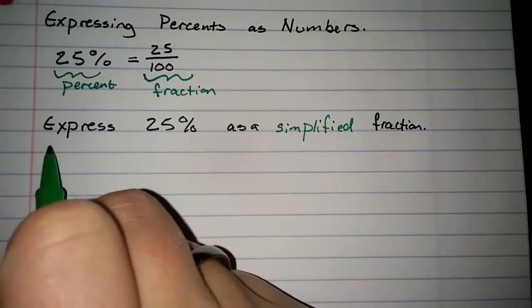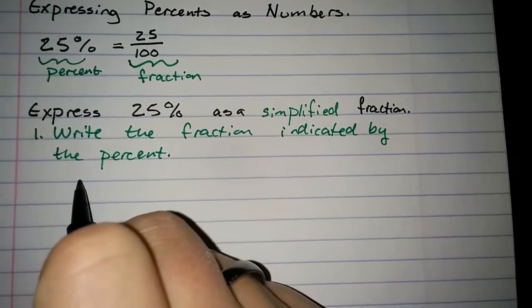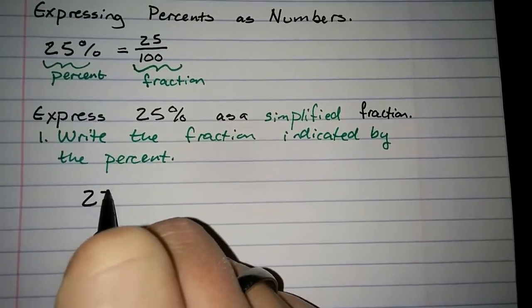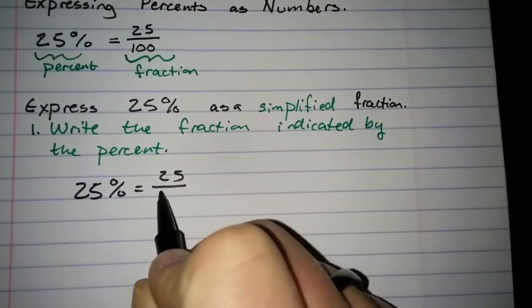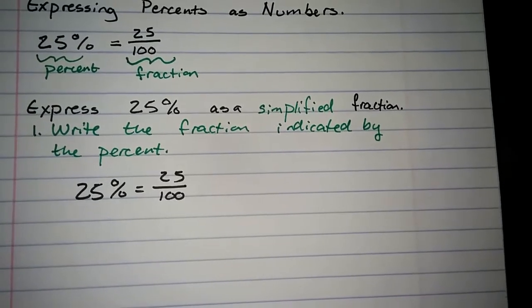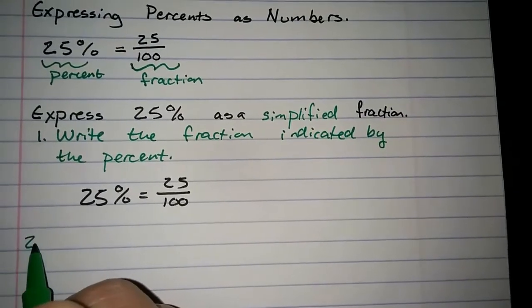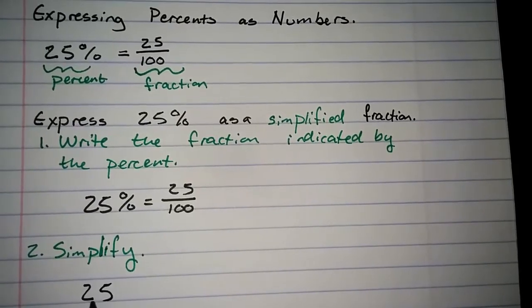Well, we first write the fraction indicated by the percent. So in the case of 25%, we write the 25 over 100. And then, to write it as a simplified fraction, we simplify. So 25